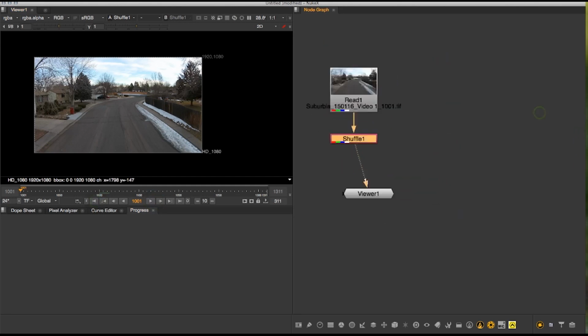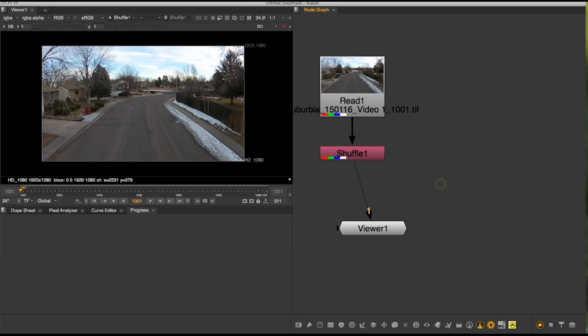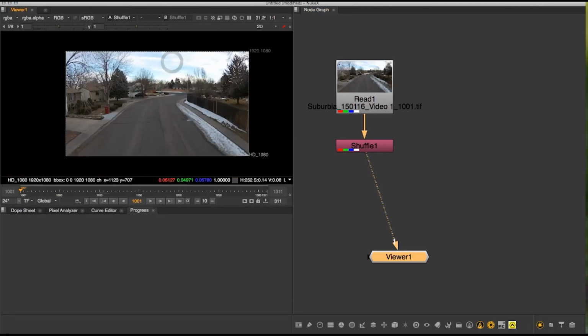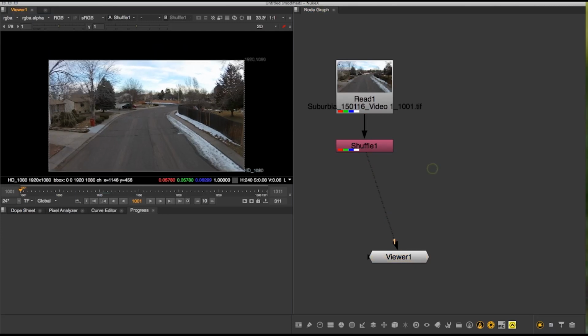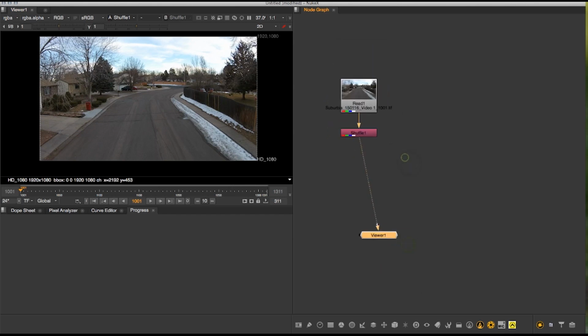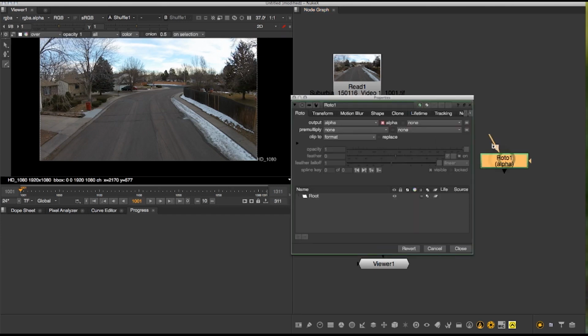So we're going to solve the position of this camera and the motion of this camera. We're going to reverse engineer this 2D piece of video which has filmed the world, which is 3D, and converted it into this 2D image. So we're going to reverse engineer that process to get the camera and rebuild a 3D representation of this as points. So we don't want to track the sky necessarily, so we'll put down a roto node,